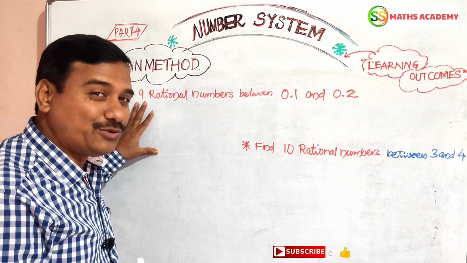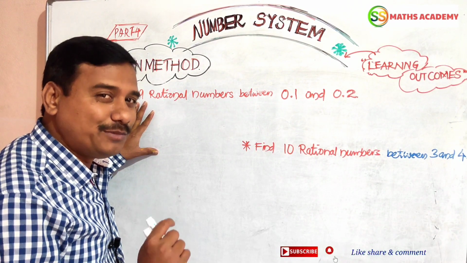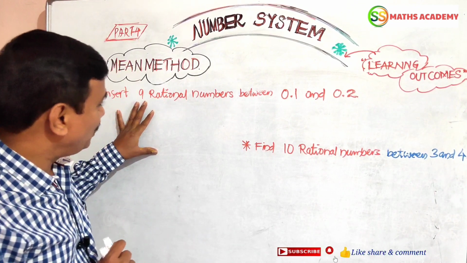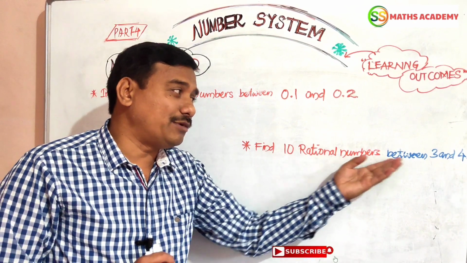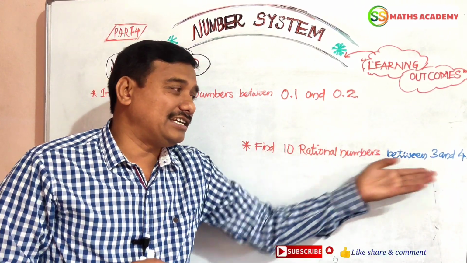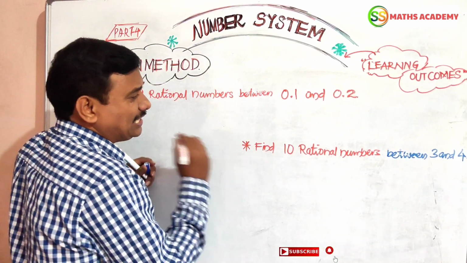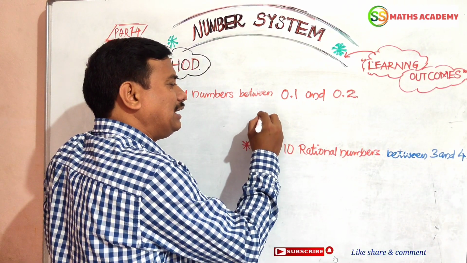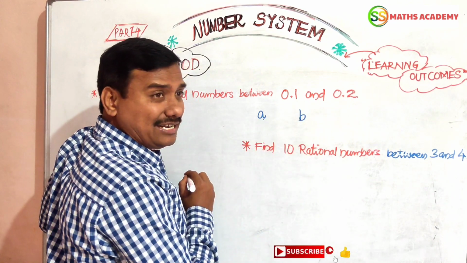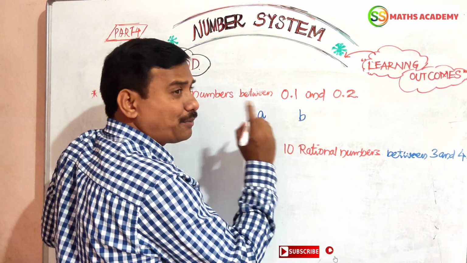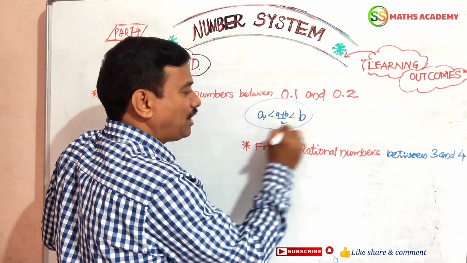But in the exam, we have to do smart calculation, smart questions. We have to solve in a smart way, because you are smart people. Now here, 9 rational numbers between 0.1 and 0.2, 5 to 10 rational numbers between 3 and 4. Here decimals, here general integers are there. Now dear friends, you have to write any kind of rational number between two distinct rational numbers. We have to go with the process (a plus b) by 2. As you know very well this process.